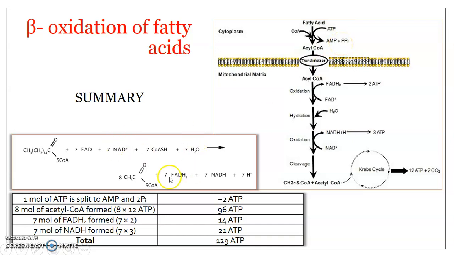So altogether, 7 NADH and 7 FADH2 are produced, while the ATP is used up, for a molecule of fatty acid with 16 carbon. Now here you can see the